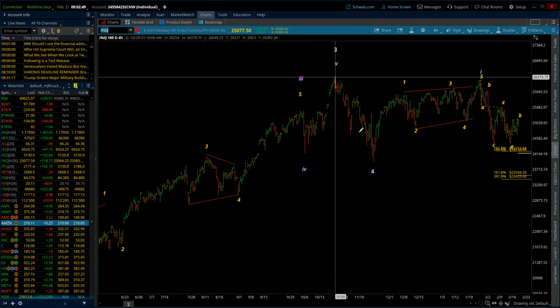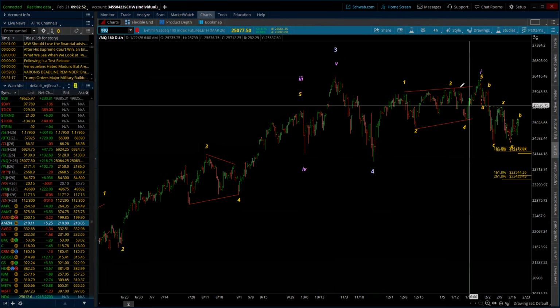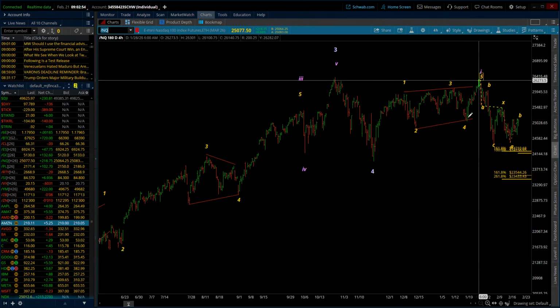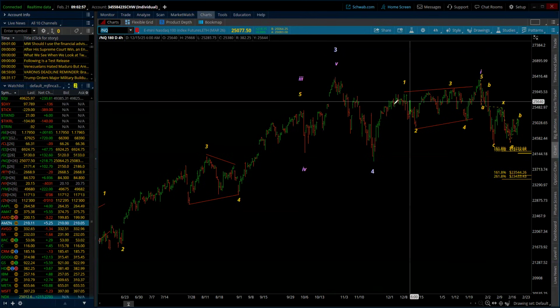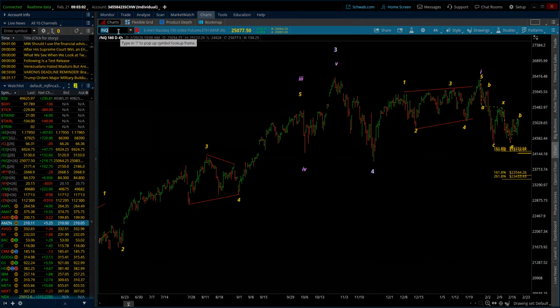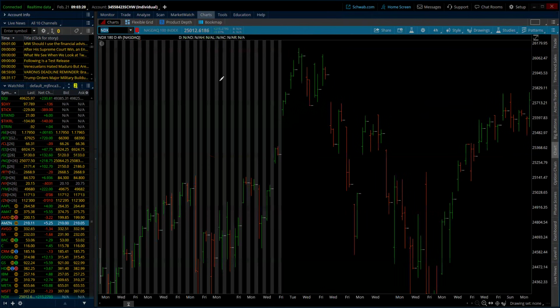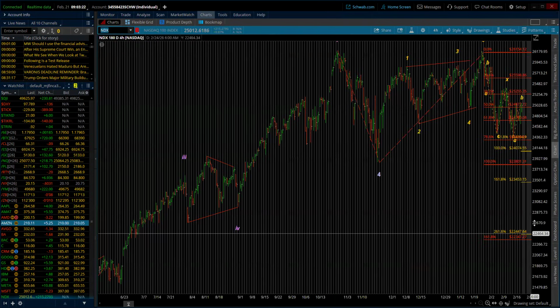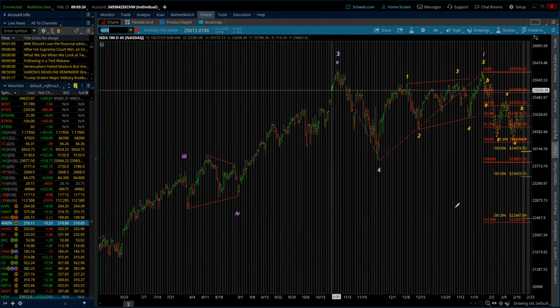that could be a 4 and this diagonal, which doesn't fit, right? Doesn't fit in the futures market. It fits in the cash market. And unfortunately, what I will say, cash will rule. Cash will carry the count. So that's why I spend as much time as I did over here, because this is what I'm going to work off of.